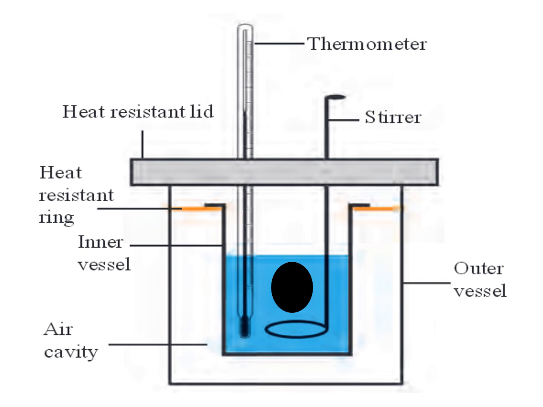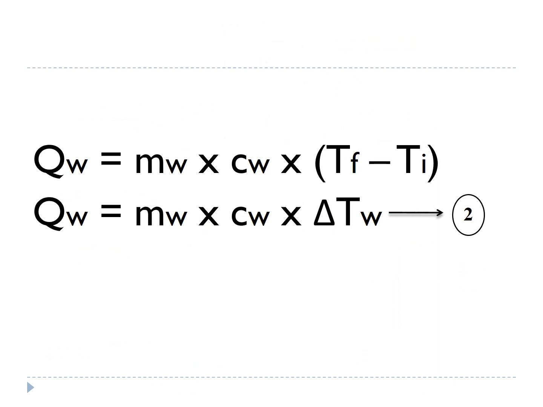Now we are going to look at water. I told you that water and calorimeter are also going to take the heat. So let's see how much heat is related to water. Again the same thing, the only difference is that instead of writing o, we are writing w, that is for water. So Qw is equal to Mw into Cw into (Tf minus Ti).